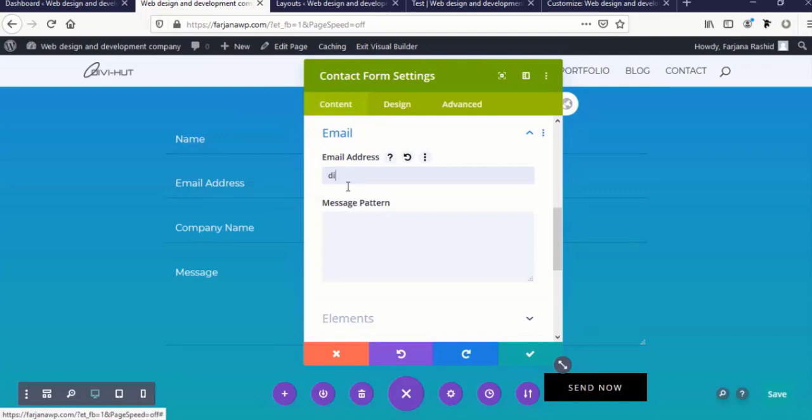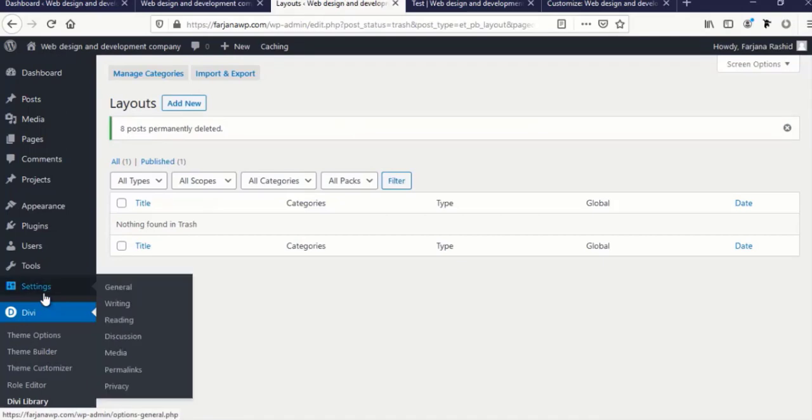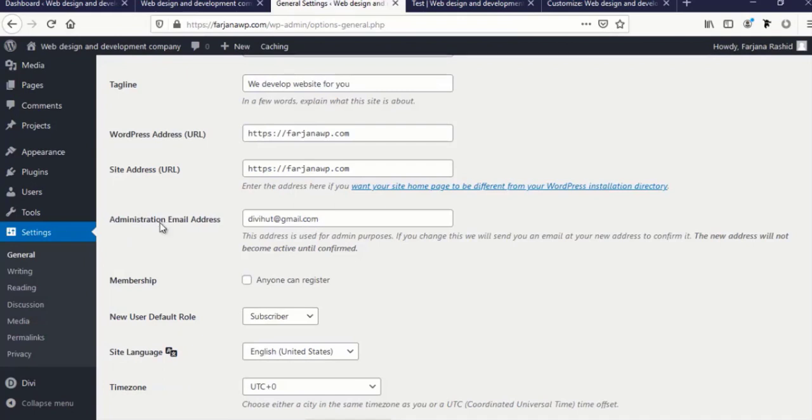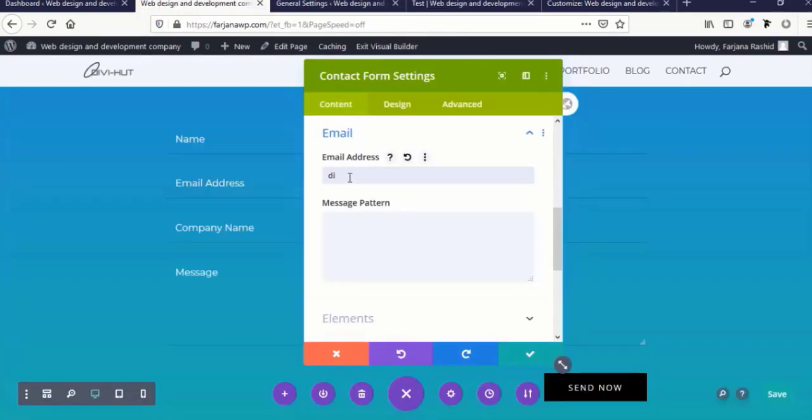Otherwise, if we don't set any email here, we will get this mail to our default admin mail, which we set in our WordPress settings here. So we will receive this email to our admin email address. So if we want to receive to another email, here we can add a different email address. For example, here I am putting my another email address,